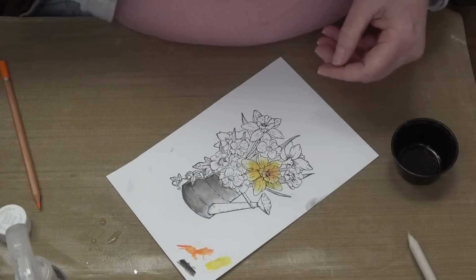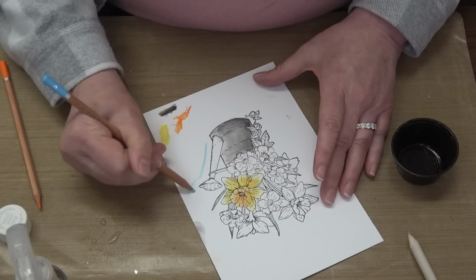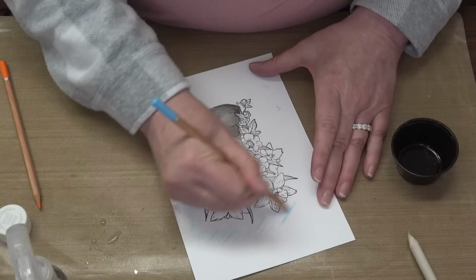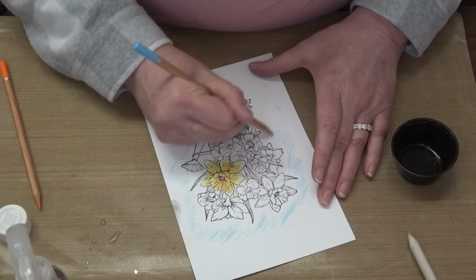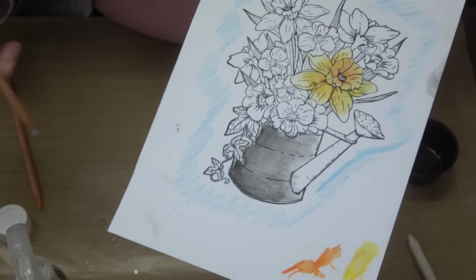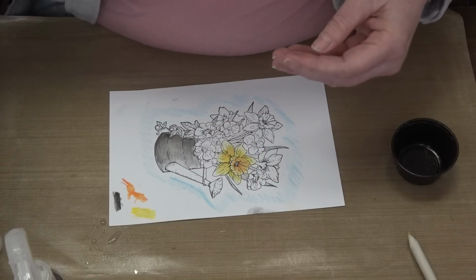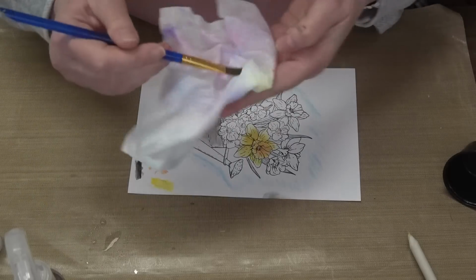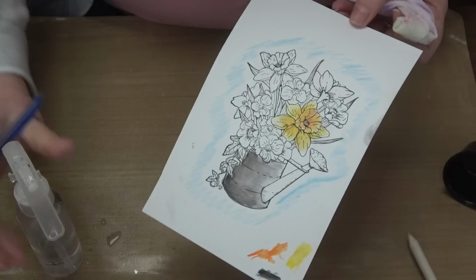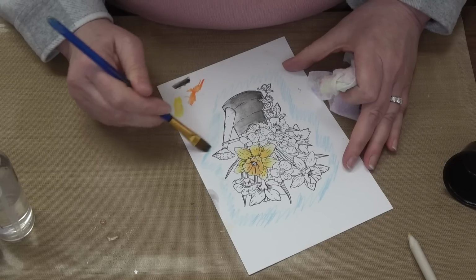And one of the nice things about watercolor is that you can take that light, light blue and you can kind of draw around, kind of color around. This is that light, light blue. And take your brush, make sure my brush is clean. And you know how they get that beautiful kind of soft blue around all their images? You see that a lot? A lot of people will do it with a Copic marker, but you can also achieve it